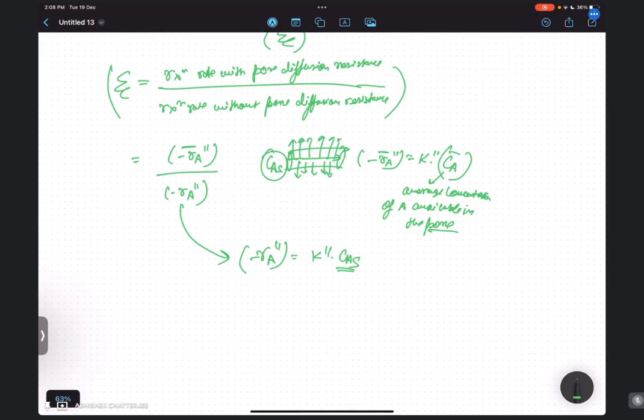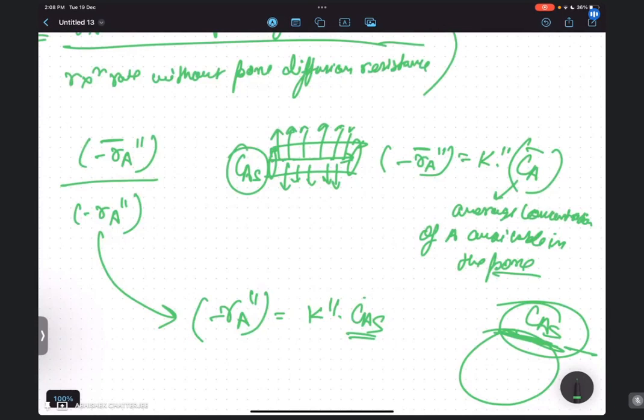इफेक्टिवनेस फैक्टर समझाता है रिएक्शन रेट विथ पोर डिफ्यूजन एंड विदाउट पोर डिफ्यूजन। अगर पोर डिफ्यूजन है ही नहीं तो सरफेस पे जो कंसेंट्रेशन अवेलेबल होगा, जो कि है CaS, हम लोग रिएक्शन रेट डायरेक्टली उसी के टर्म्स में डिनोट कर देंगे। और अगर पोर डिफ्यूजन हो रहा है तो पोर में जो कंसेंट्रेशन है वो कॉन्स्टेंटली डिक्रीज कर रहा है। अगर कॉन्स्टेंटली कंसेंट्रेशन डिक्रीज कर रहा है तो हम लोग कोई एक पर्टिकुलर कंसेंट्रेशन के ऊपर बेस करके रेट को डिफाइन नहीं कर पाएंगे। हम लोग को चाहिए एक एवरेज कंसेंट्रेशन। उस एवरेज कंसेंट्रेशन को हम लोग CA बार से डिनोट करते हैं।